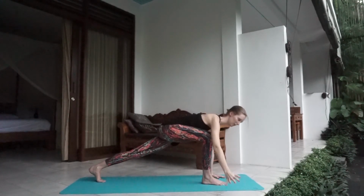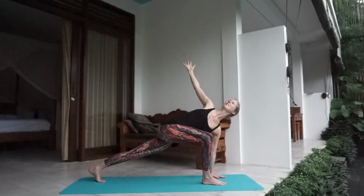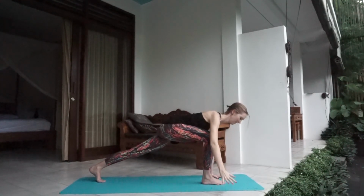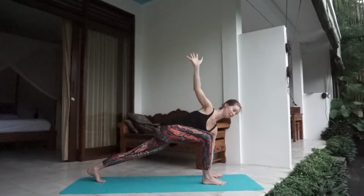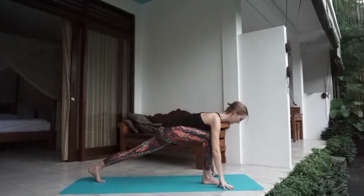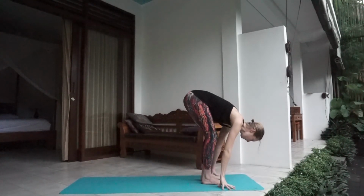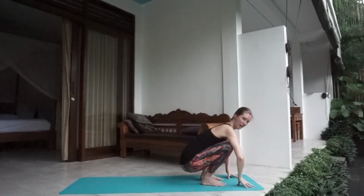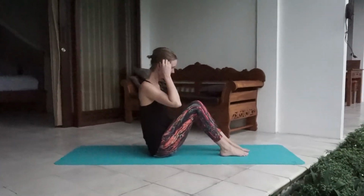Your shoulders gently move away from the ears. Last time. If this is difficult, you can always come up on your fingertips. Good. So we'll come back to the front and we'll sit down. Good. Here,